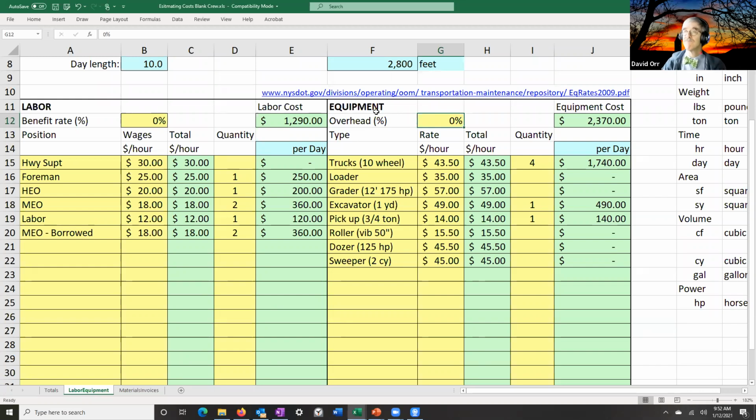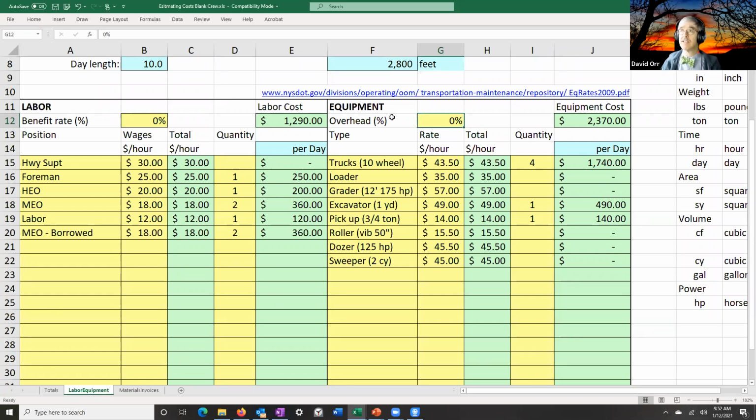It varies. And that's something you need to be aware of. If you're using equipment rates, make sure you know whether they include the overhead rate or not. The ones from the Blue Book and from FEMA include an overhead rate. They're built in. But if they're not built in, that range could be anywhere from 10 to 50%. So make sure you know what the overhead rate is, and if you need to include it.